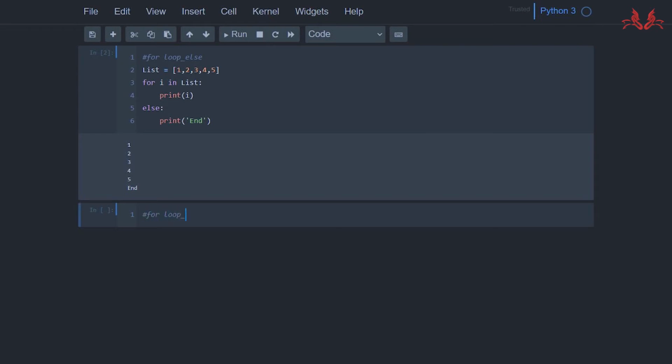For loop else and break. We set a dictionary of scores equals Harden 38, Yanis 32, Doncic 42, Williamson 30, and Trey 46,